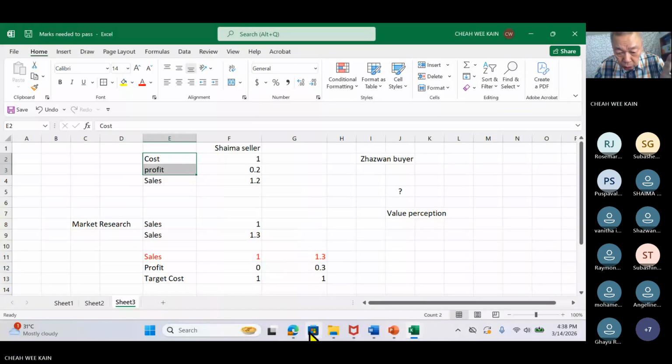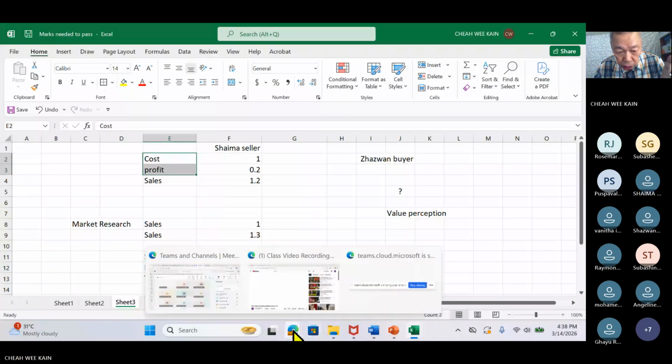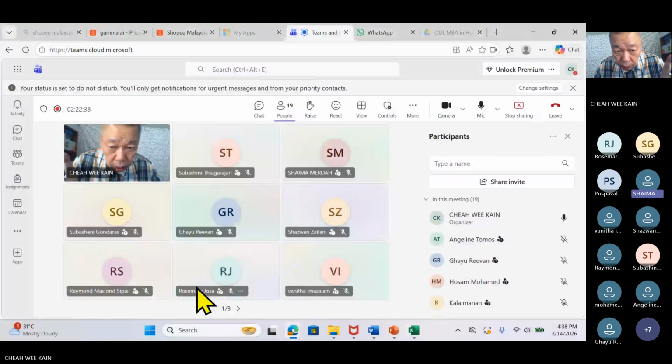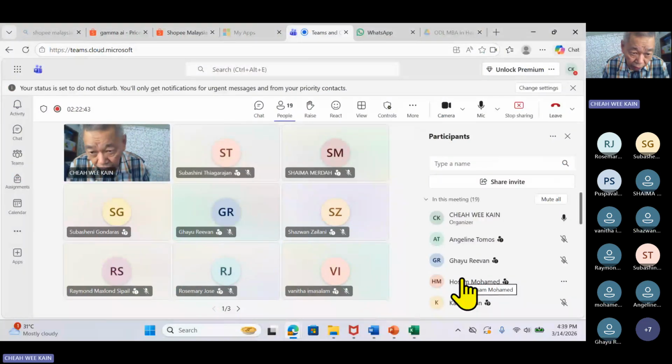Understand? So far, I understand everybody? Yes, sir. Okay. Now, in my class, I always teach practical. If the theory is wrong or ridiculous, I'm not going to teach it. If I teach it also, I will tell you why it is wrong. And most likely, I will not have an exam question because theory and practical are different. Okay?